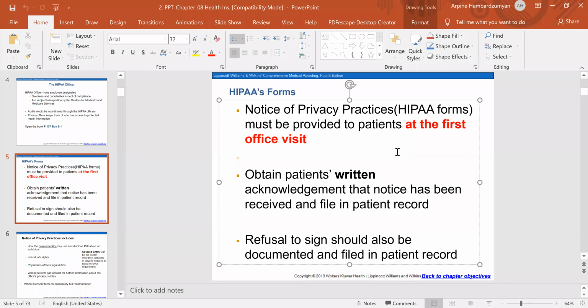So when a patient calls you and makes an appointment, what you need to do, we are going to talk about in office management after 3 weeks. But now you need to know what to do at the first visit when the patient comes. You have to remember to give the patient the HIPAA form. They sign, which tells that